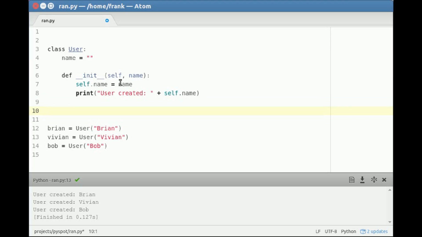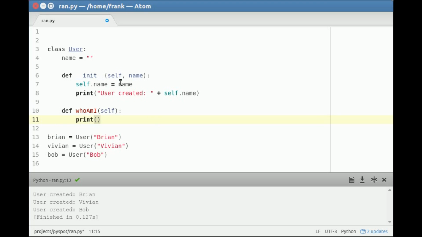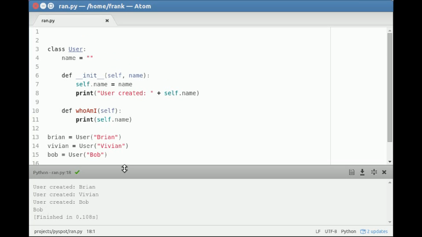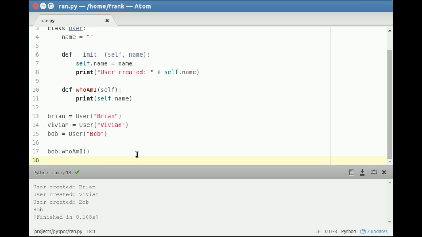So let's first add some function to the user. The function called who am I, and this will return the name of the user. It's a very simple function. So if we would call bob.who am I, it will return its name. So very basic. But now we will create another class, which is called the administrator class, or let's just call